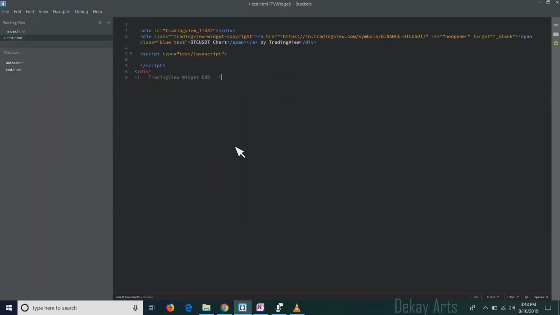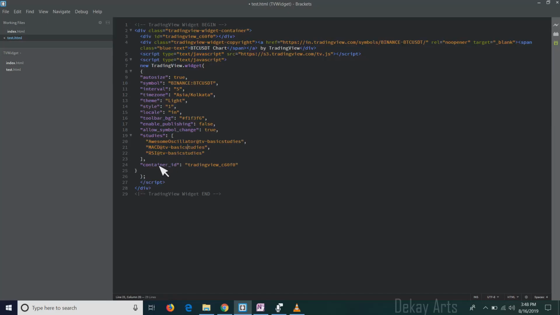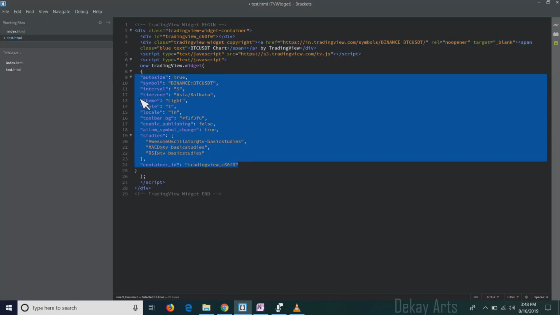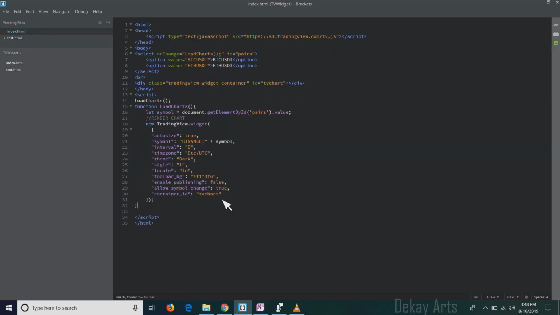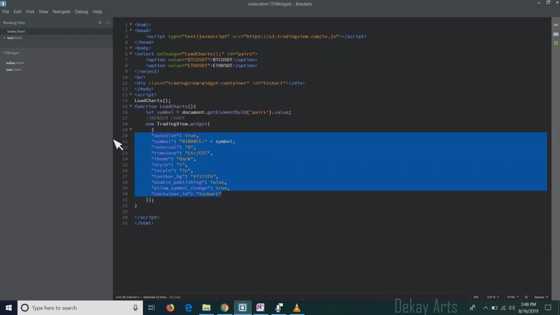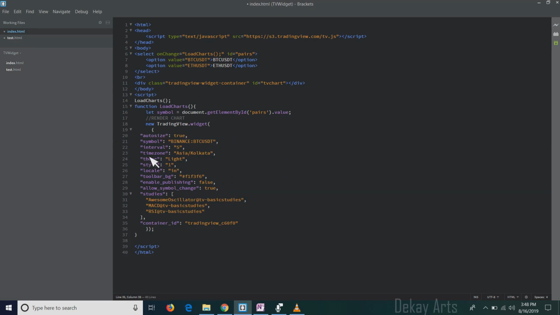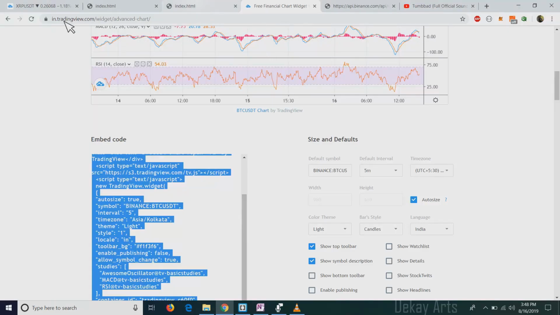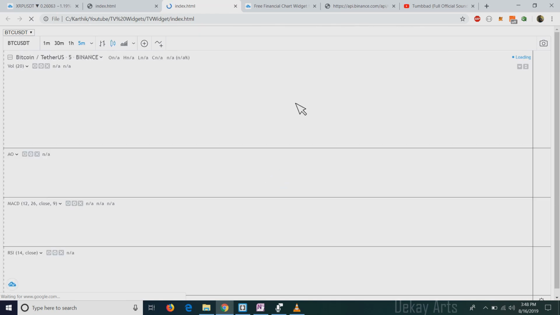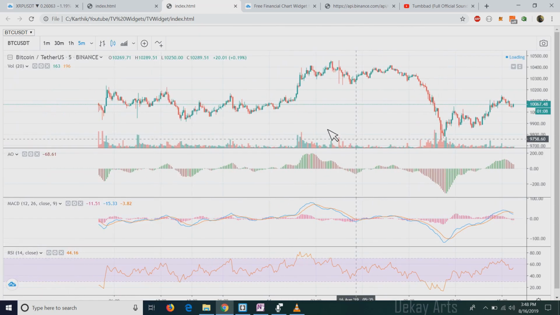So I'll first copy it in the test folder. Okay, and here we have to pass all the settings, right? I'll just copy this and go to my index file. I'll change it here. Yeah, and I have to update the ID here. Okay, now if I refresh the page, okay, another thing, symbol. Yeah, now when I refresh the page, it should open with these settings. Refresh. Awesome. So this works, right?